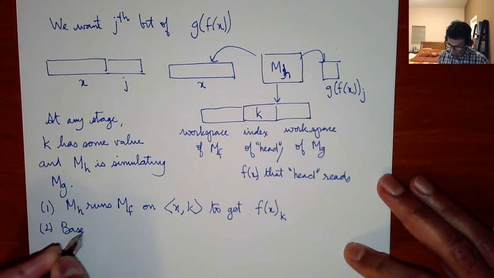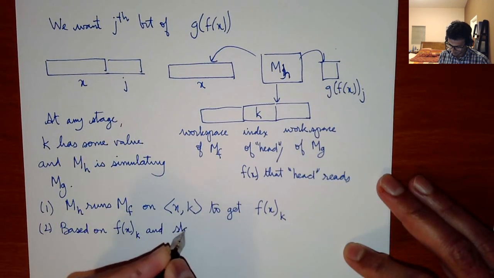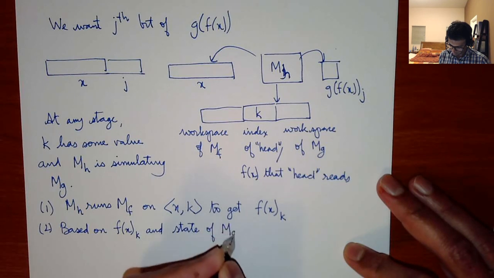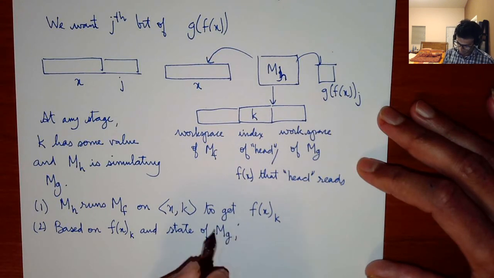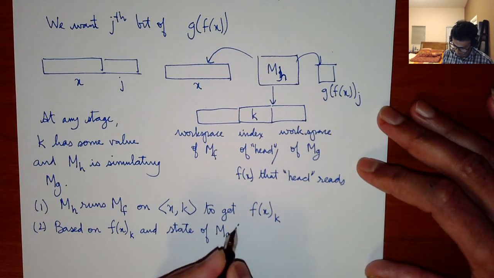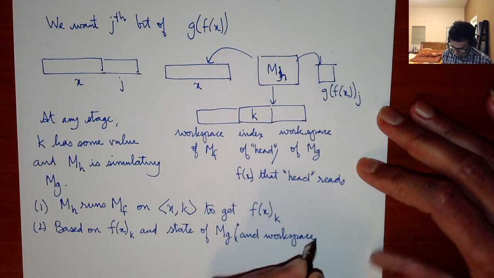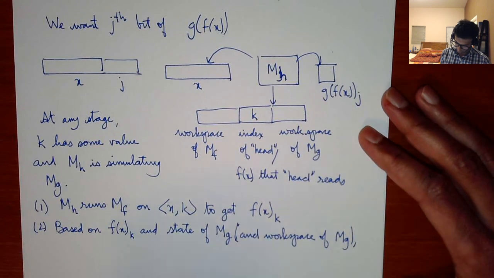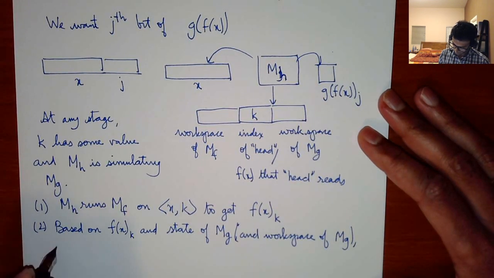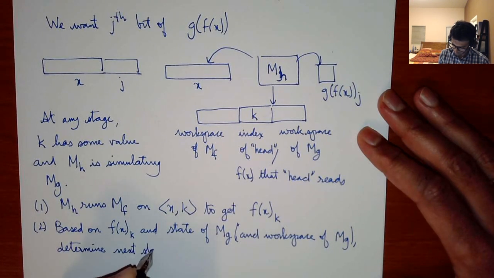Now based on f x k and the state of mg, because it's actually simulating mg, based on the state of mg and the workspace of mg, so it's also reading the workspace of mg, it determines the next state of mg,